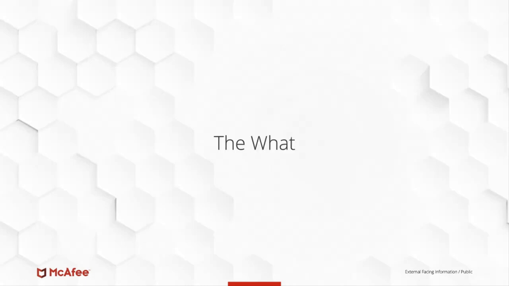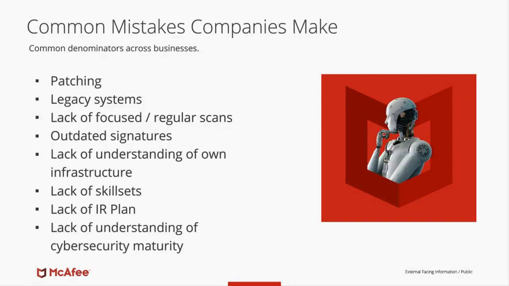What are some of the reasons why incidents are as successful as they are today? Common mistakes that organizations have made across verticals in the last 6+ months of incidents that we've seen include patching, or rather a lack of patching and a lack of patch management across systems, keeping things up to date, legacy systems still remaining within the environment, including older versions of Windows Server as well as Windows endpoints,